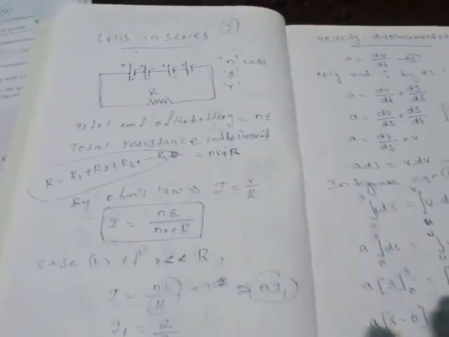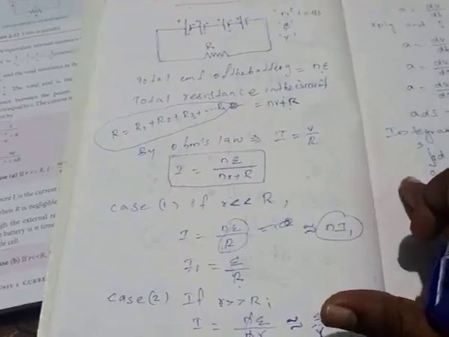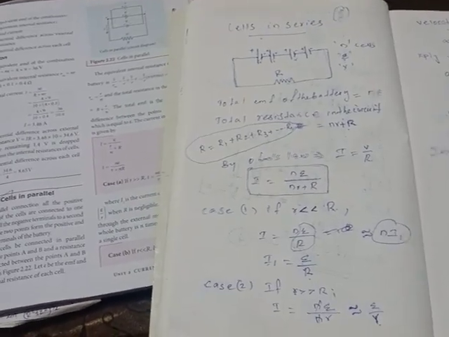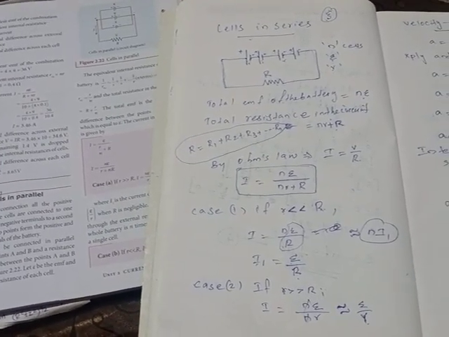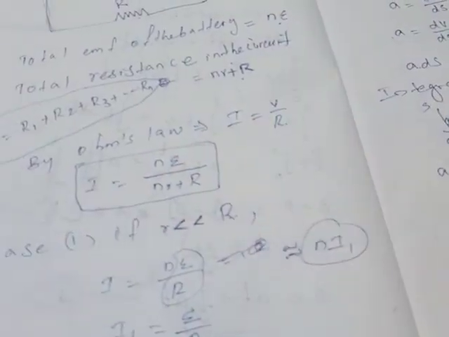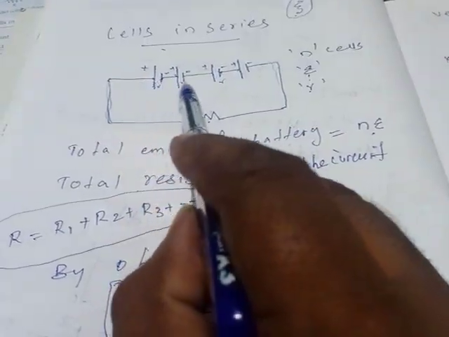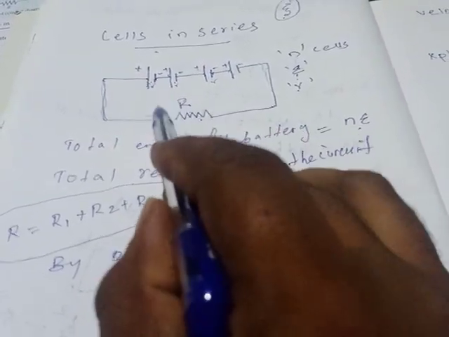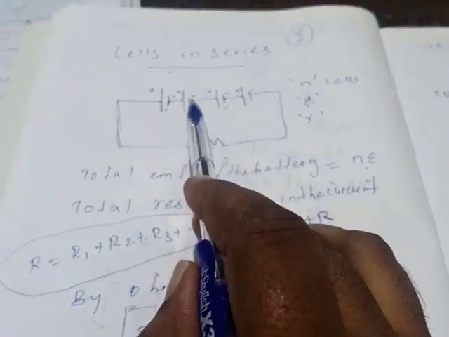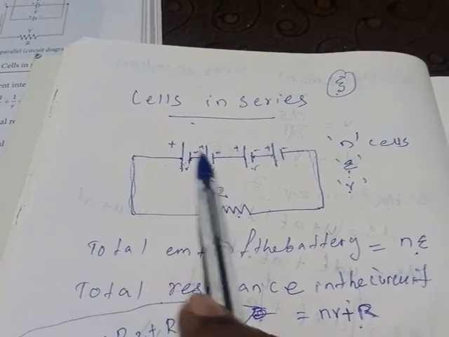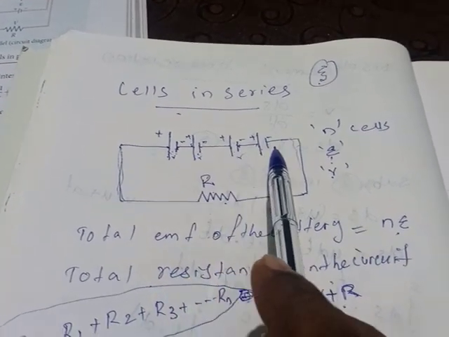So again, you can note down this. You can take a screenshot of this. Maybe it is clear only. You can take a screenshot and study this. And this point is very important. The last point what I told is, you remember in the series connection, if you are taking the total current in this external R, that total current will be equal to the current in each cell.